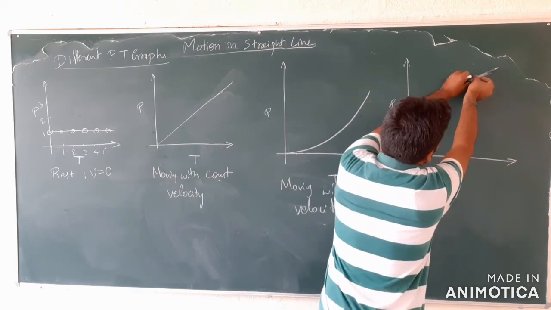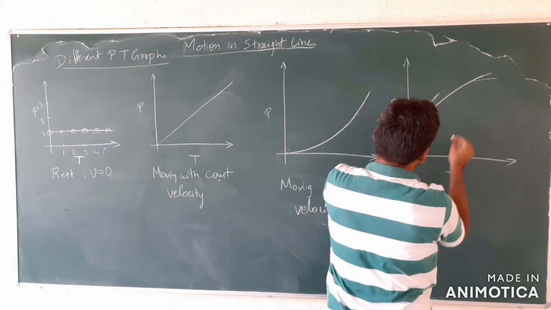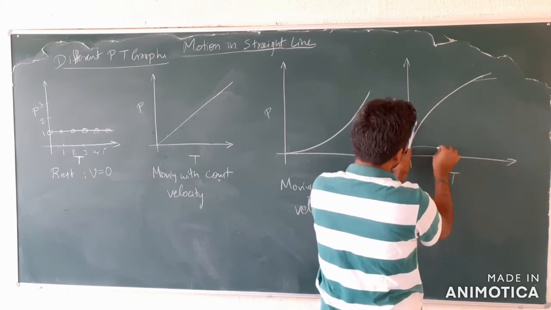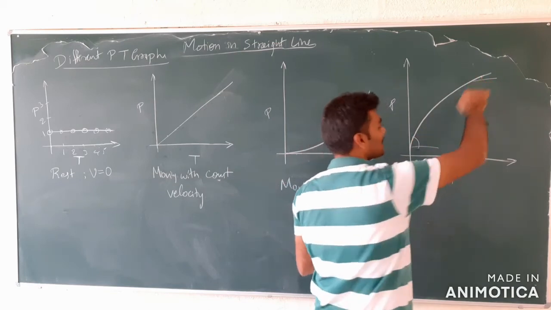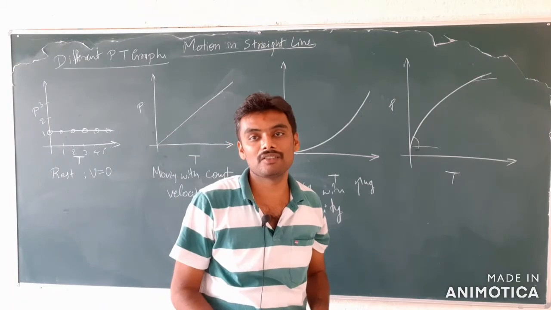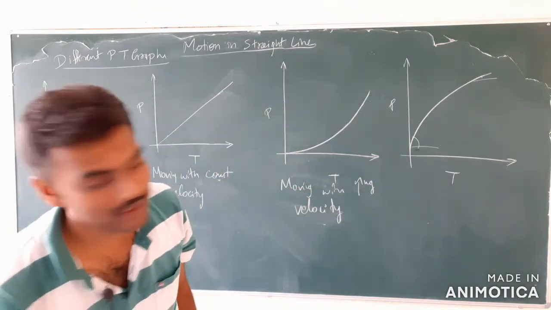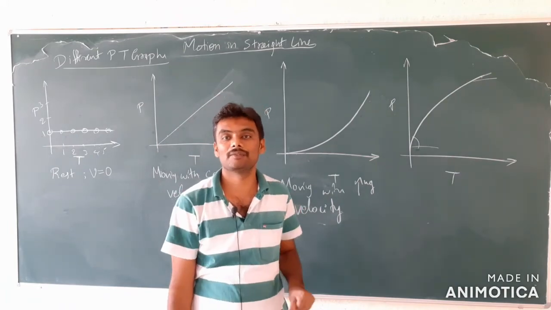You take this position, the slope is less because the deviation is less. You take this position, deviation is this much. So, more slope to less slope, more velocity to less velocity,